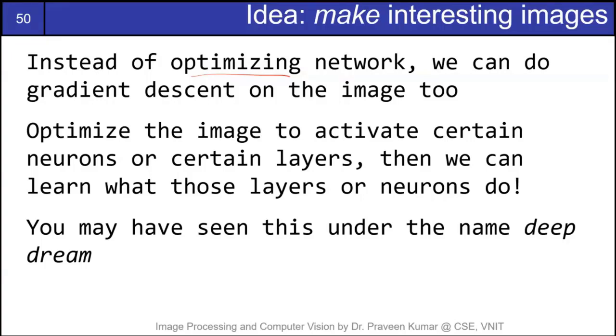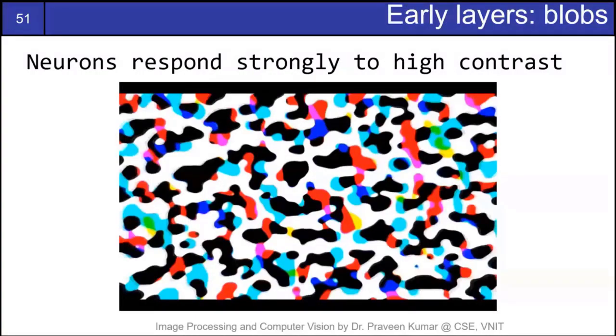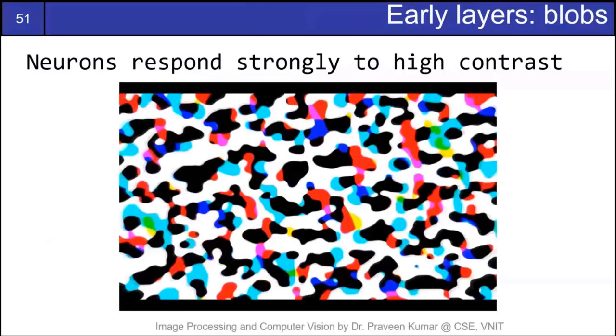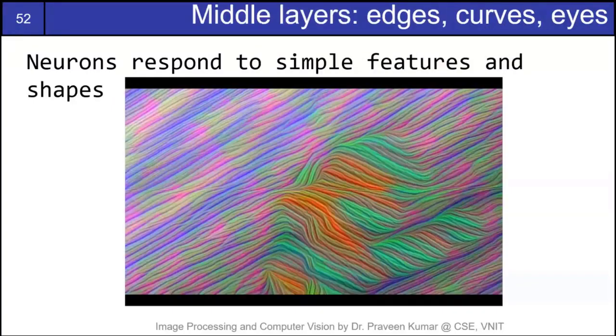And they basically try to generate those images which respond to neurons at different layers. So early layers' neurons were getting activated by images with patterns like blobs and textures. Progressively higher layers would have patterns like curves, edges, eyes, and later layers would be having even faces of